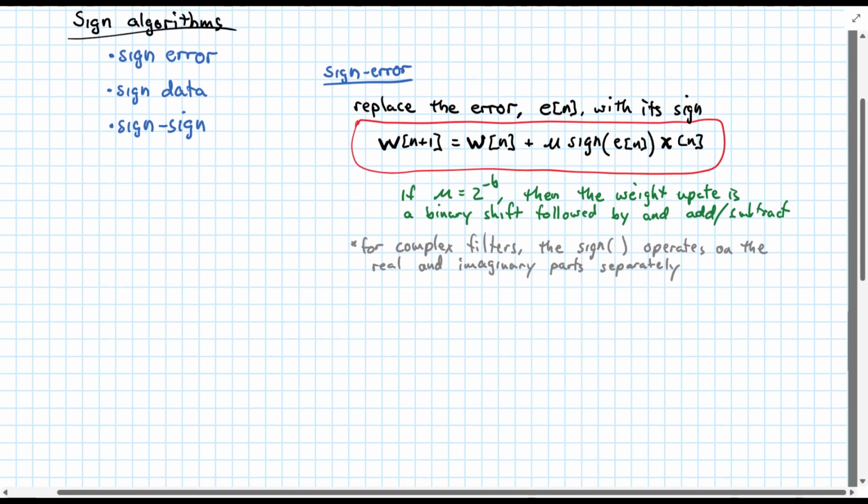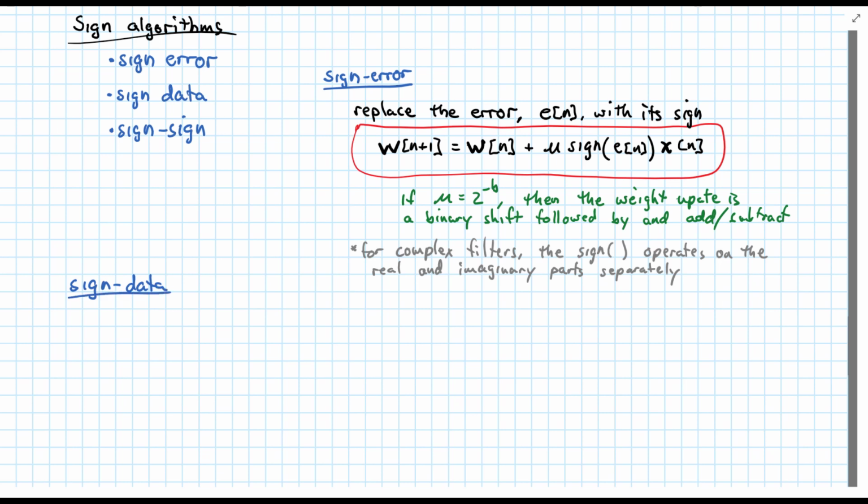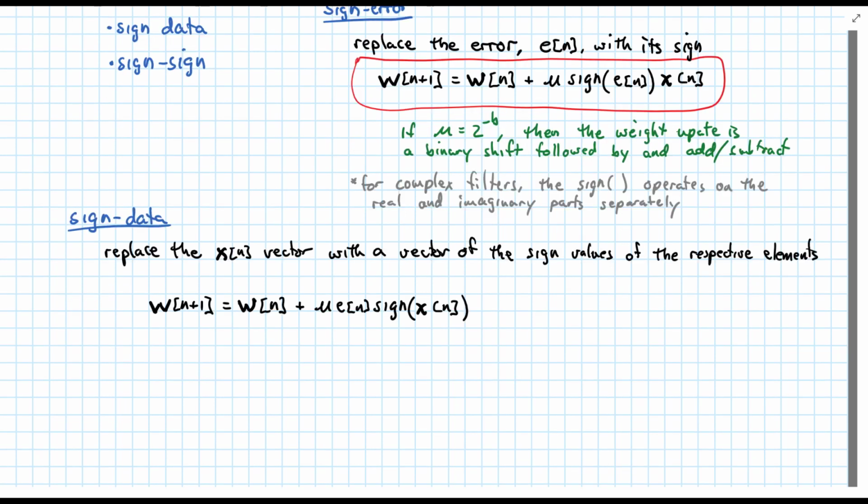Okay, the next one is the sign data. And you can probably figure out where this is going based on what the sign error did. In this case, when we're doing our weight update, we're just going to replace the x vector with a vector of the sign values. This is pretty self-explanatory. We will discuss some of these things together in just a moment, but first we'll introduce